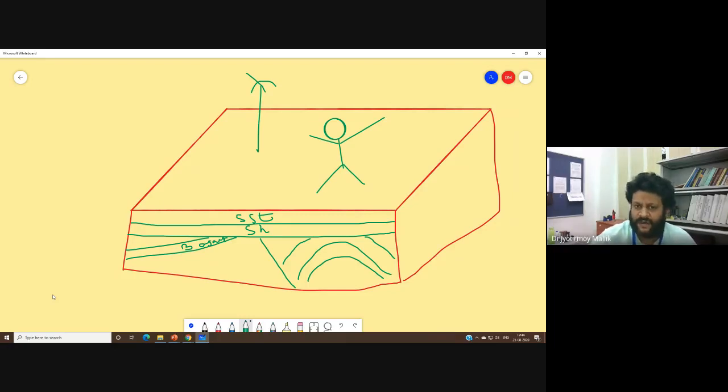Now, how do we know? Because we cannot go there, right? Say, for example, it is 3 kilometers, we cannot excavate and take everything out and make a section like you see in the field. That is not possible. So you have to gather information from inside. One of the things you can do simply, as I was explaining, is drill a well. You can drill a well and then take cores out.